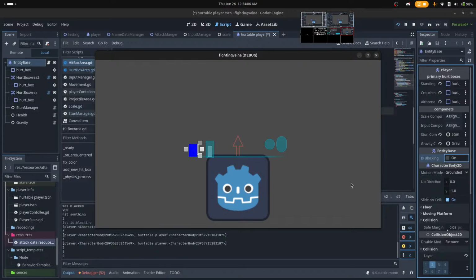1, 2, 3, 4, 5, 6. That is done, so we can attack again. One frame, hits, and then let's see if it's the block stun or the hit stun. The hit stun. So if they stop blocking, it does hit them with the hit stun. However, they should be intangible while they're stunned in some ways. I don't know. We'll see at some point.